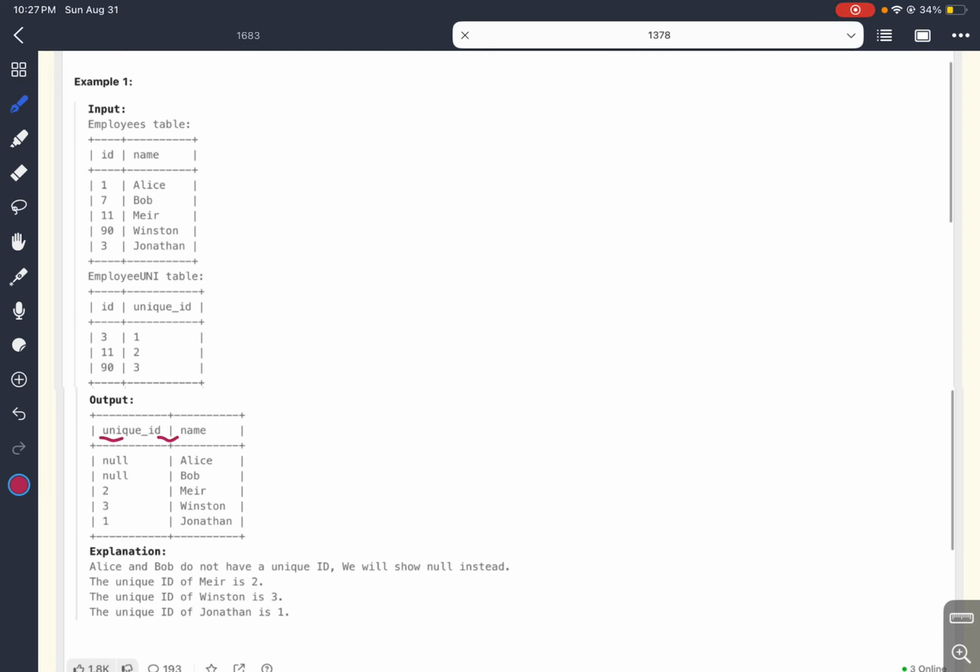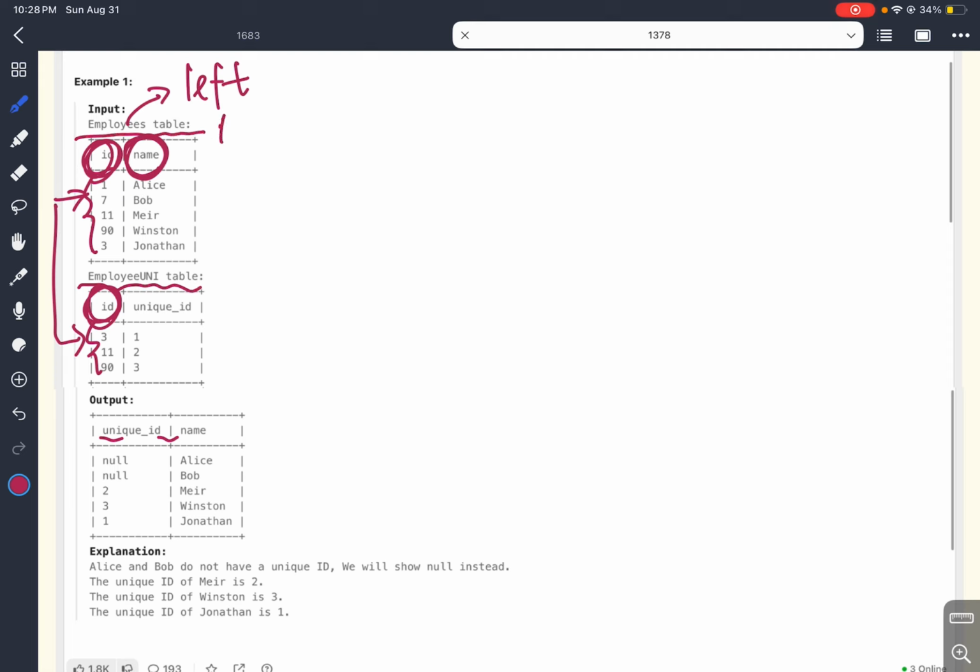In example 1, employees table has 5 records and the employee unit table has 3 records. To search every user, every name's unique ID, we are going to combine these two tables together using the common field ID to do the left join. We are going to do the left join, use the employee table as the left table, and add the information from the employee unit table to the employees table. Let's add the unique